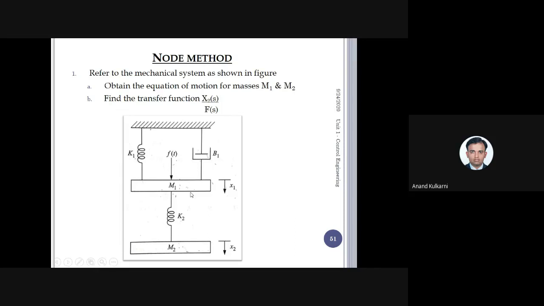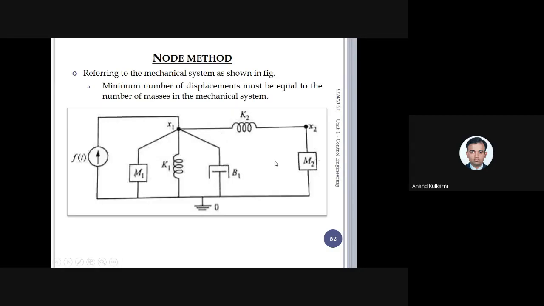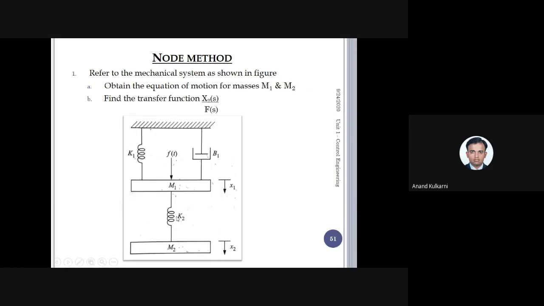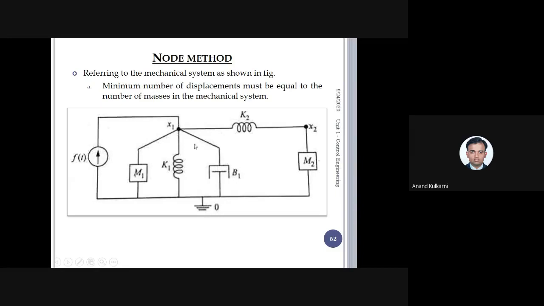Whatever interactions are happening on that point, you take into consideration corresponding to node x1. Similarly, at node x2, there are 2 interactions, that is K2, the spring, and mass M2. So what you have done is convert the complex drawing into a node drawing. In this case we have taken a simple drawing for understanding, but this might become complex also. So for a complex drawing, we convert it into a node drawing. Then what is the next step? We have to write a mathematical equation for it.